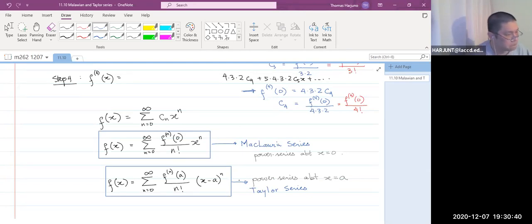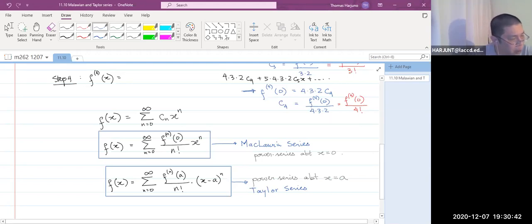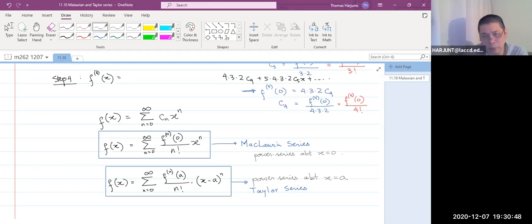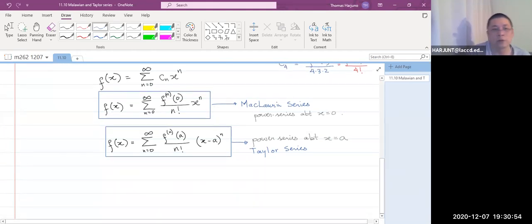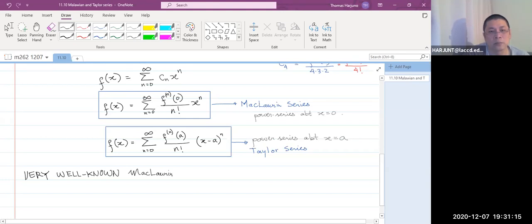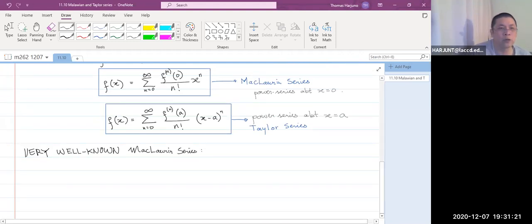Now, from here, I will develop two very important Taylor series to the point that you should memorize them. But because your test is open book anyway, at least you need to know where to find them, okay? A very well-known one, the Maclaurin series. The first one